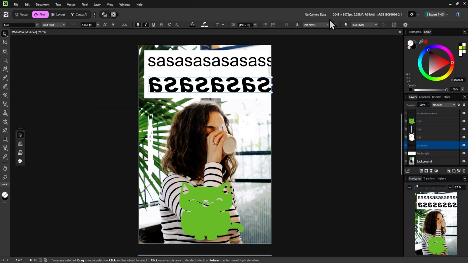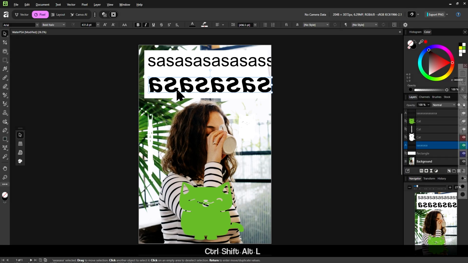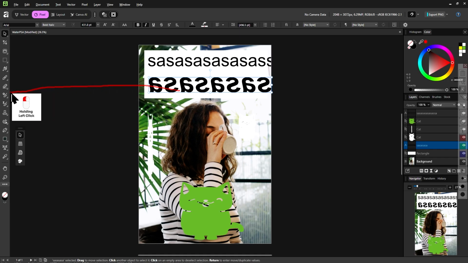I hope in the next videos when I tell you, for example, to go into the tools, then you will know to go to the left where the tools are. When I say go into the Panel Studio, you will know to go to the right where the Panel Studio are, and so on.